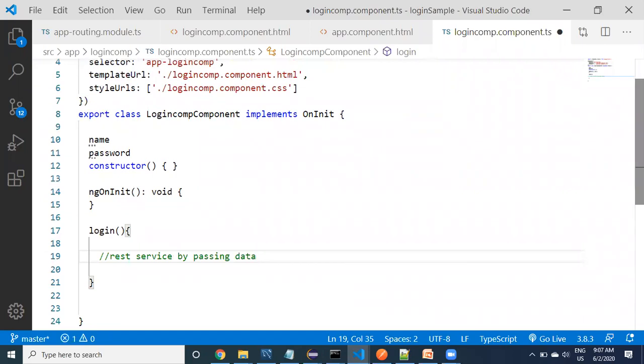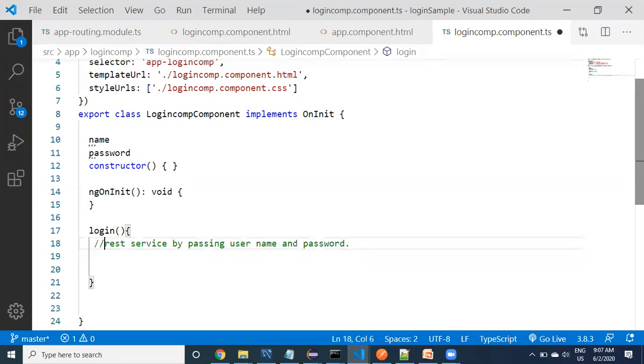Some kind of data, the username and password. Check this out, guys. What we are doing here is calling a REST service by passing username and password.